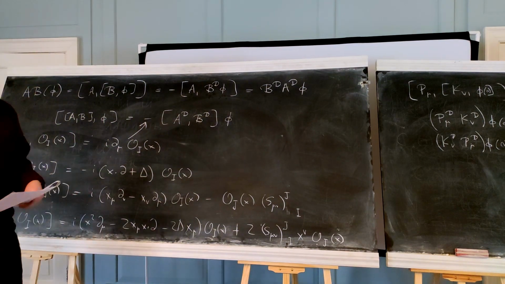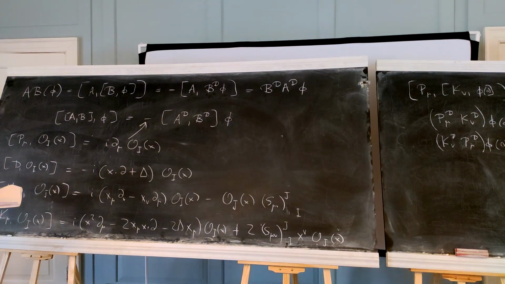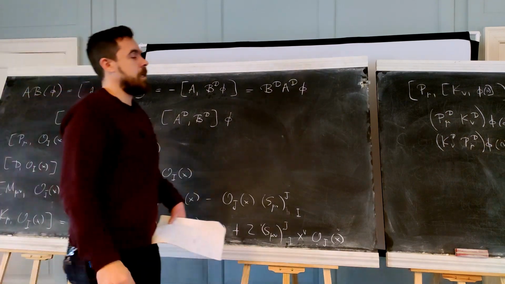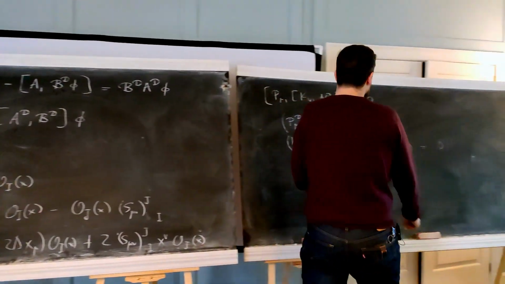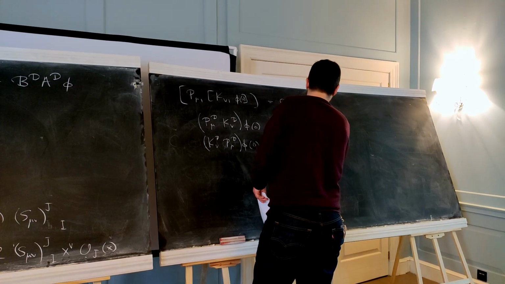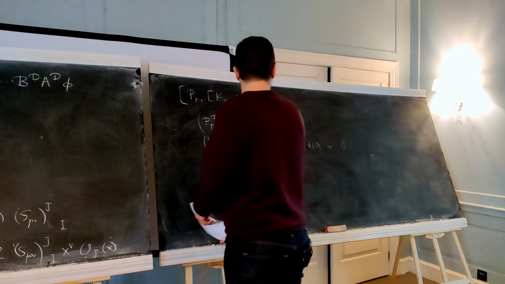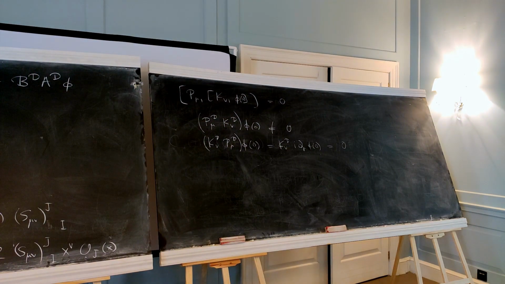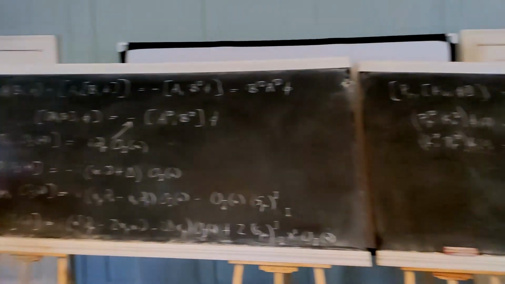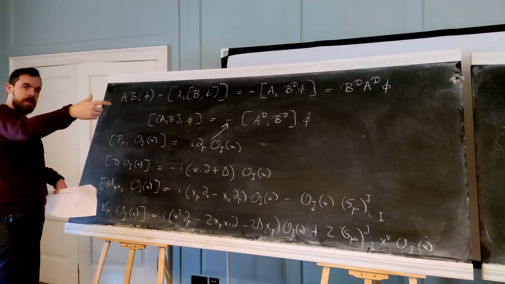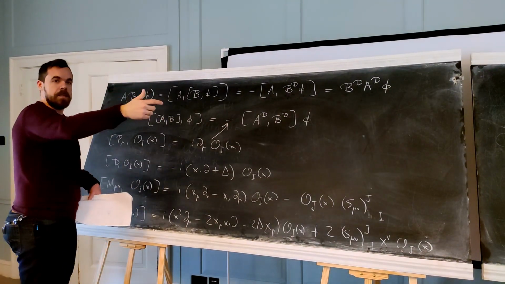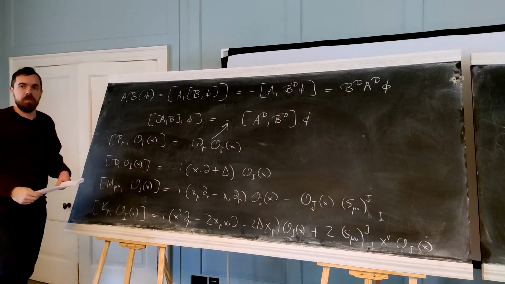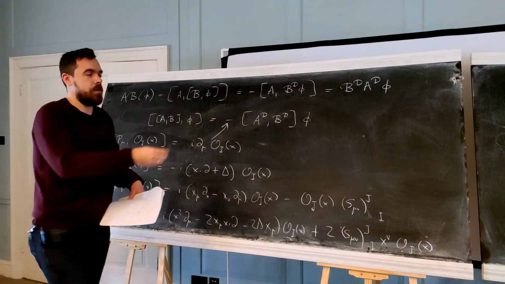Yes? Are these transformations only acting on primaries? Yes. So how do you know K acts in the same way on the descendant? Well, it doesn't matter. When the descendant is inserted at the origin, you can work out what its transformation is, putting the derivative in and working it out using the commutator of K mu with P mu that I will write down, and so on, and you will see still that you get 0. But yes, you have to do all this. I haven't told you what the commutator is, but I will now.